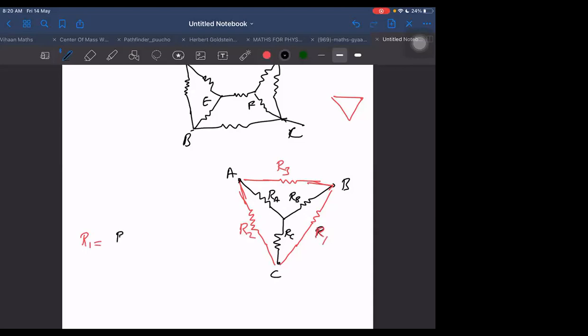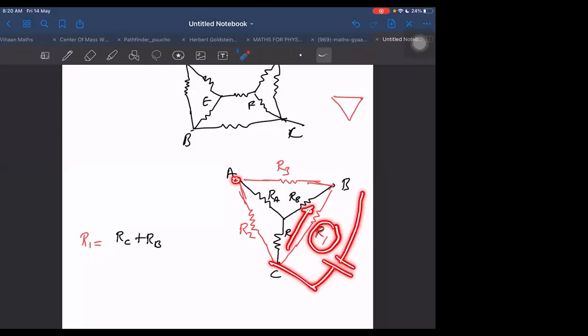I will not give you the proof of it. I will just tell you how to do, and I will give you a trick to remember the formula. R1 looks like series of RC and RB, right or not? It looks as if it is in series of RC and RB, although it is not. But you think as if, at least in one case, R1 will be in series of RC and RB if A is not connected to anything. If I supply the voltage directly across AB and I don't connect A, then definitely R1 will come out to be in series with RC and RB. But practically, A is also playing some role.